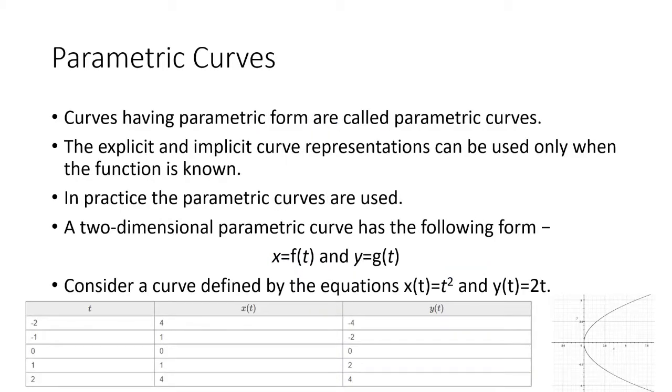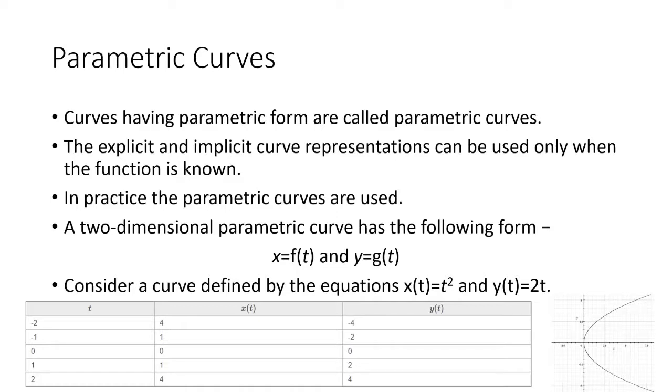Now the important part is the parametric curve, where the curves have a parametric form. Basically this is the basic definition, but the main difference between parametric and implicit or explicit is that it is not depending on any particular equation or any particular function. That means if we are talking about a 2D coordinate where only x and y are there, the x value can be one thing and the y value can be completely another thing. Based on those x and y values, you are going to build up that curve.